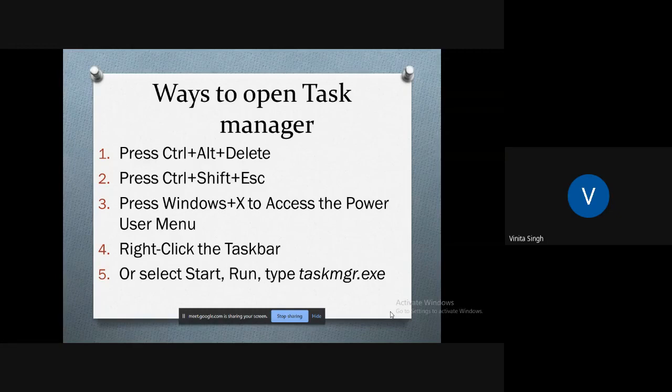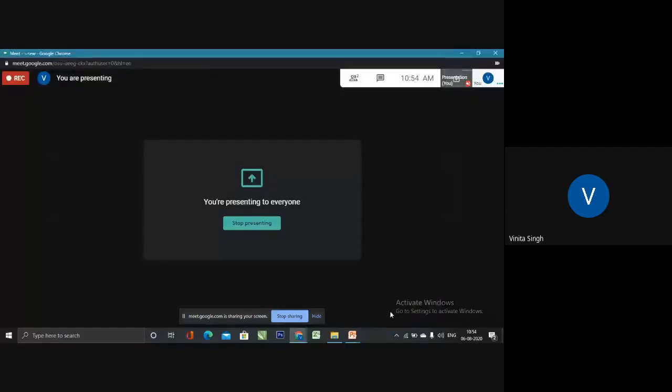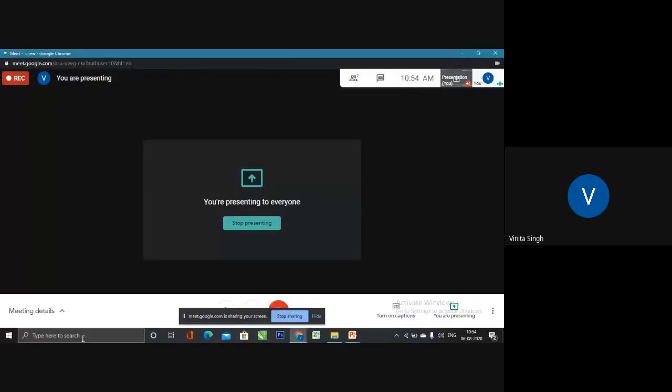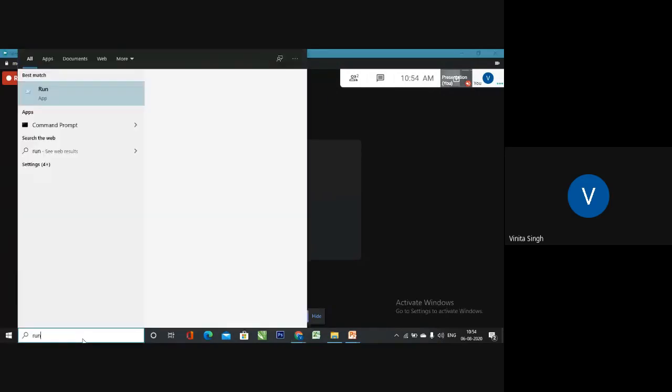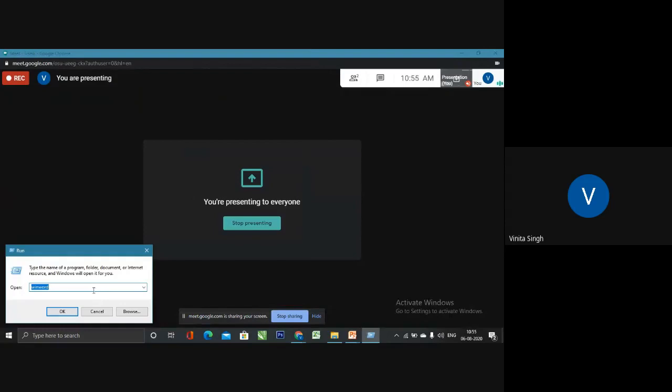Let's practically perform to check some of these commands. So the best one, we will go to the Run dialog box and we will type taskmgr.exe and press OK.